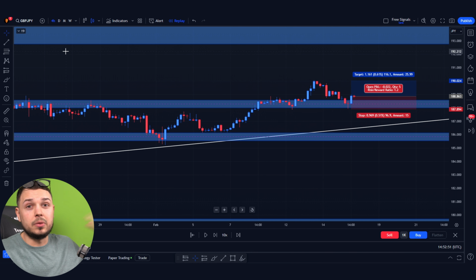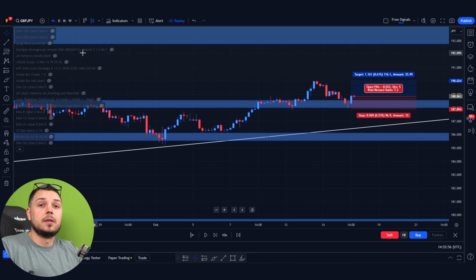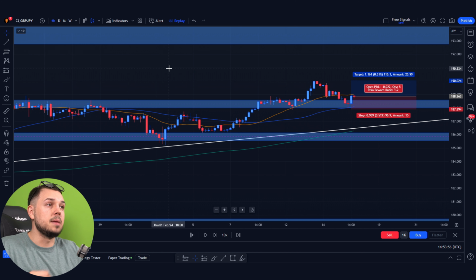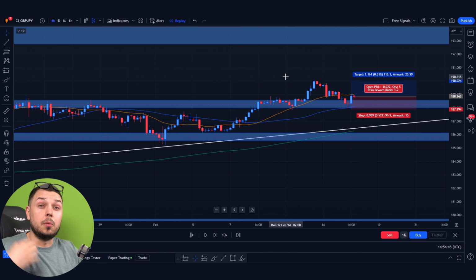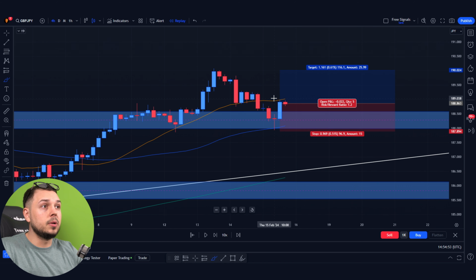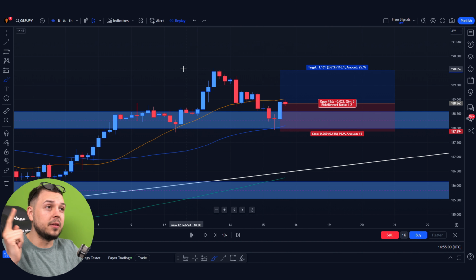So what we want to do now is actually add a few indicators to help us with our top-down analysis decision making. So what we can do is add a few moving averages. The 200, 50 and 20 moving averages seem like a great choice to me. Once we add the moving averages, we can see a lot more information now. If we just zoom in a little bit, we can see that it's currently not breaking the 20 moving average. And although we had a bullish engulfing candlestick, we still need further confirmation